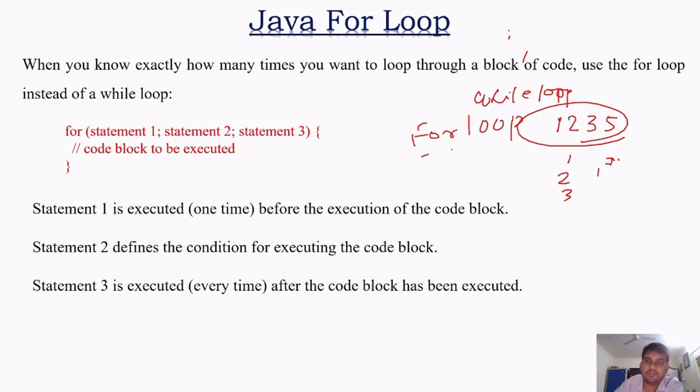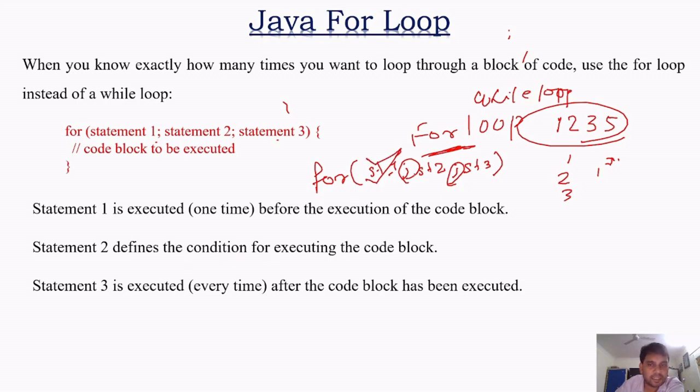आ जाएगा, then we are going to use for loop. सो फॉर का ऐसे रहेगा, for (statement 1; statement 2; statement 3) {. So syntax is for (statement 1; statement 2; statement 3), then bracket close. There is no semicolon at statement 3. सो यहाँ पे 2 सेमीकोलन कंपलसरी है। Statement 1 is executed one time before the execution of the code block. Statement 2 defines the condition. So ये